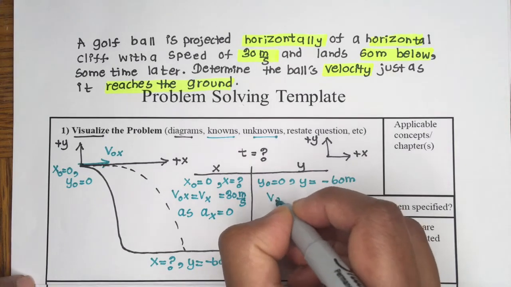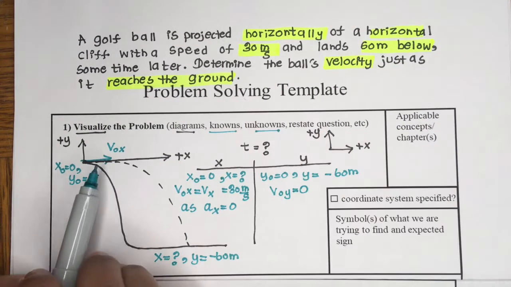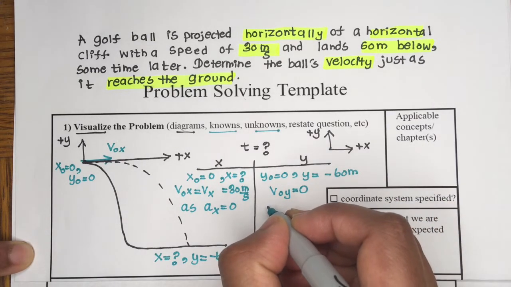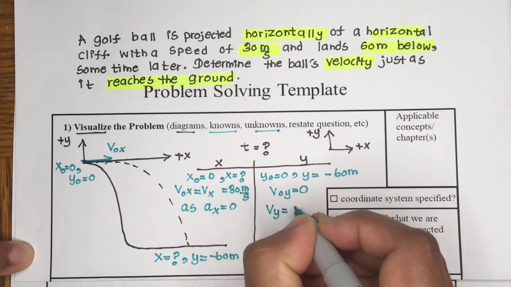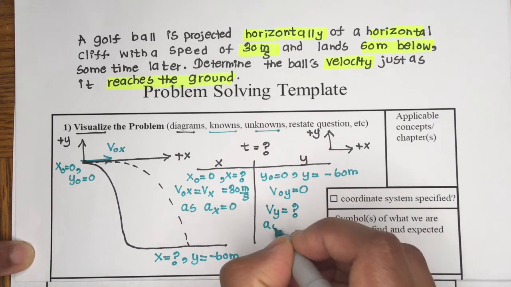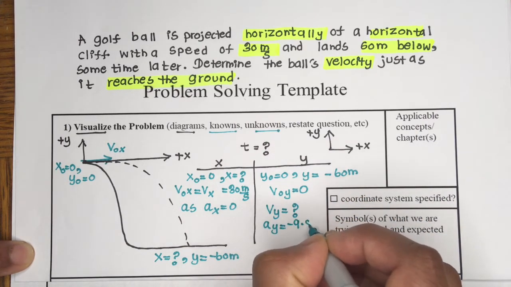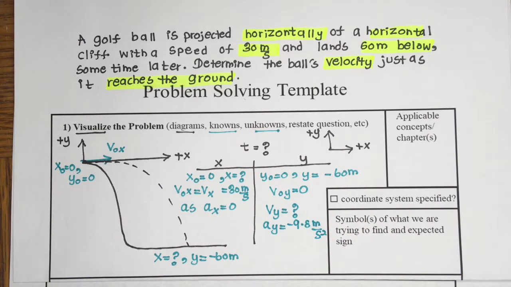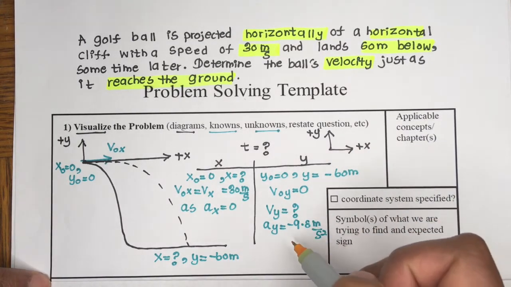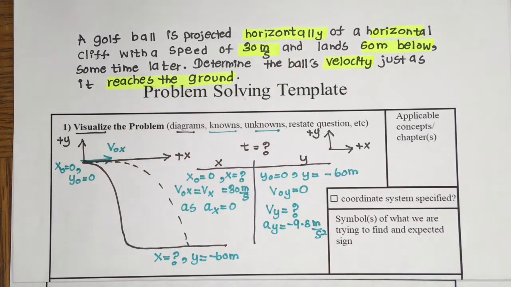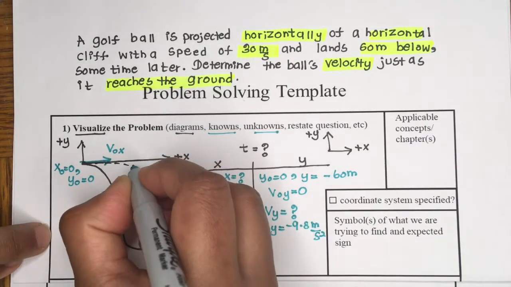Constant non-zero velocity in x direction, and in y direction initial y velocity is 0 because initially there is no y component for the velocity. You launch it horizontally. Final y velocity is an unknown. And then acceleration in y direction is negative 9.8, negative based on the coordinate system. The object is in free fall. So acceleration downwards is 9.8 meters per second squared,